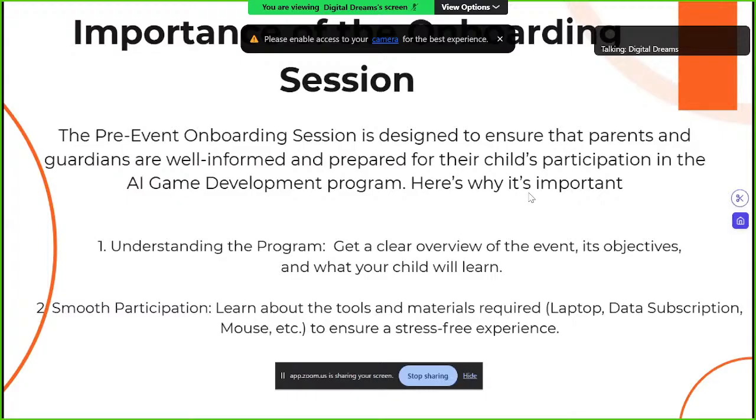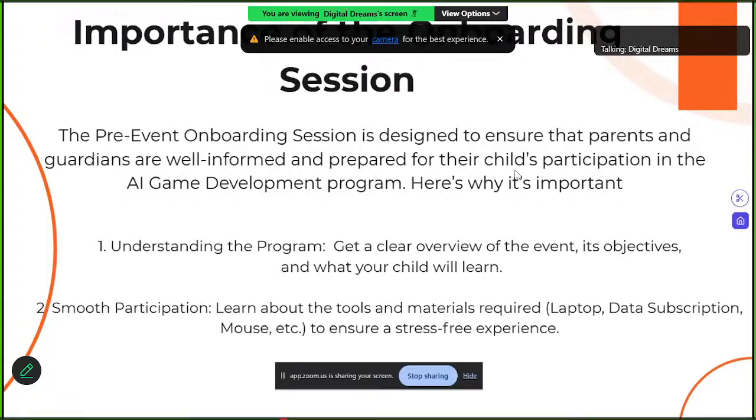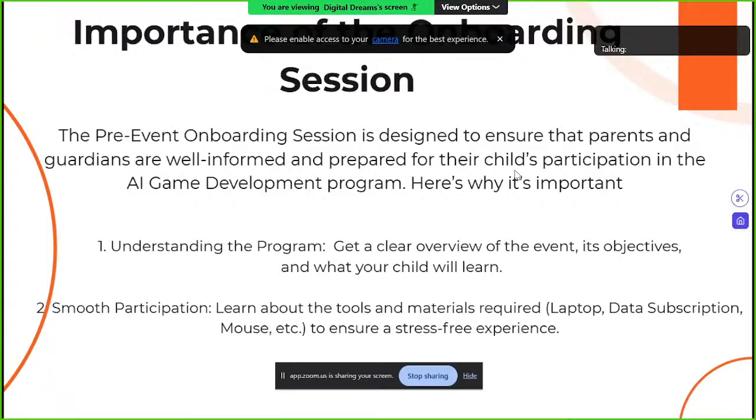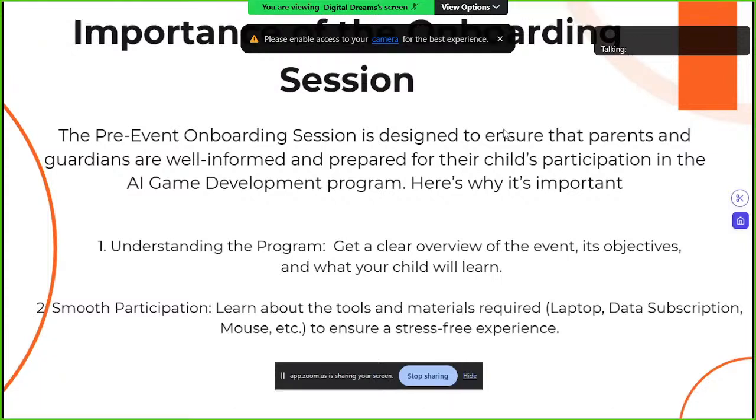Now for smooth participation, that's another importance of this onboarding section. Now you learn about the tools and the materials that will be used to